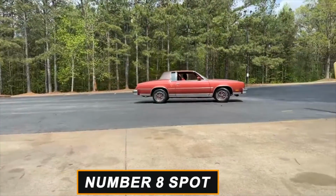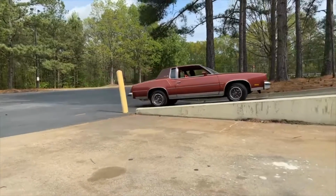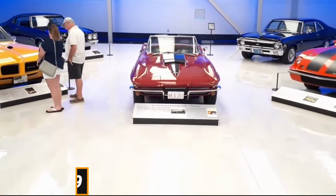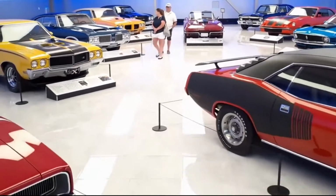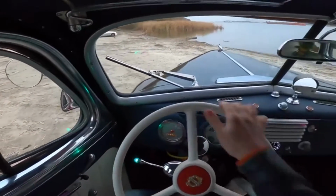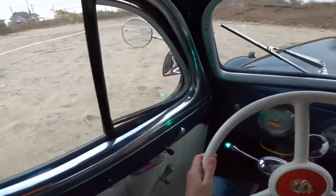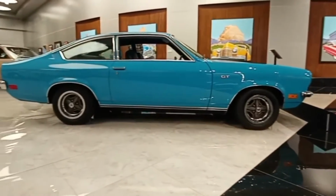The number 8 spot is quite an exciting one, because we are not just talking about a single car model here. We are instead talking about any Crosley car model made from 1946 to early 1949. Believe it or not, Crosley, a brand name more commonly synonymous with manufacturing radios, did produce cars from 1939 to the early 1950s. Perhaps the brand should have just stuck with building their radios, because all the cars they